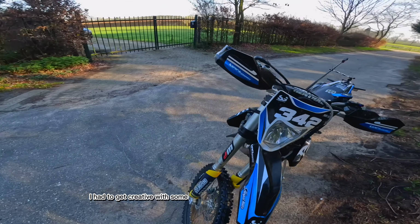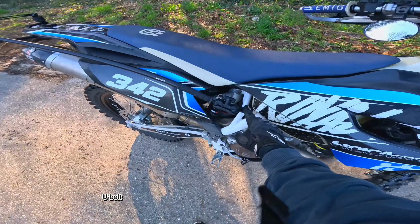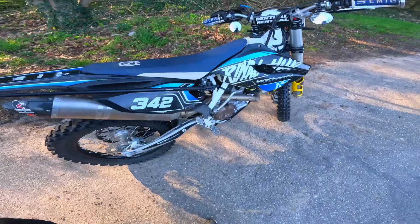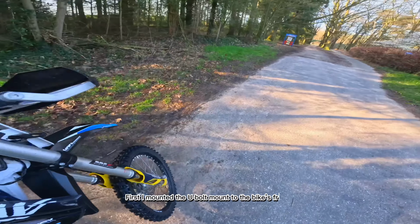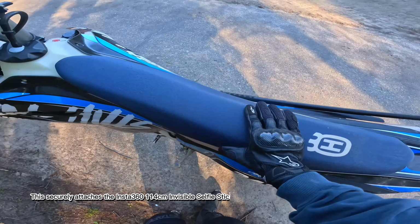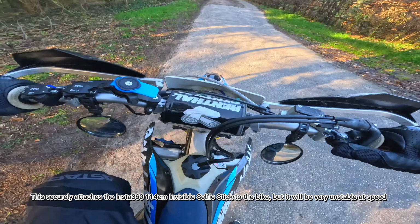I had to get creative with some unconventional mounting methods, using a U-bolt mount, a GoPro mount, and some trusty zip ties. Here's how. First, I mounted the U-bolt mount to the bike's frame. This securely attaches the Insta360 114 cm invisible selfie stick to the bike, but it will be very unstable at